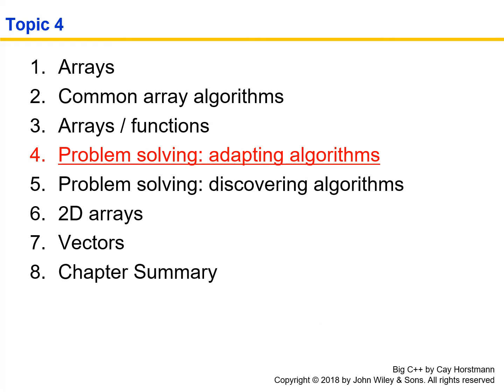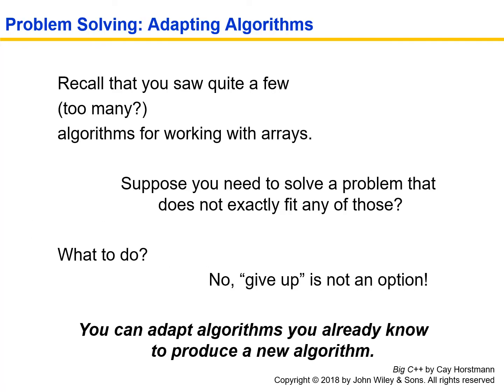But first, Cay Horstmann has a couple of little sections on problem solving that we're going to go through fairly quickly. First off, we've now seen lots of algorithms for manipulating arrays. This is a very common way to write programs in the real world, to look up an algorithm that does what you want to do and try to implement that algorithm. This is not cheating because in many ways there's no reason to reinvent an algorithm that's already been worked out